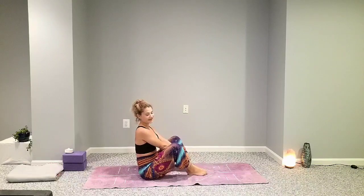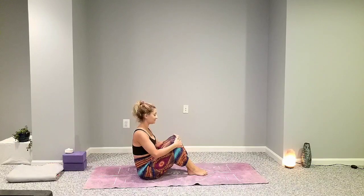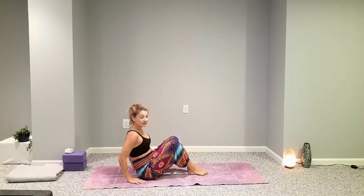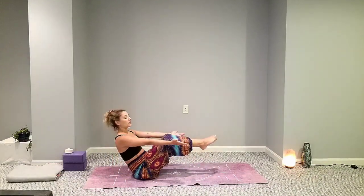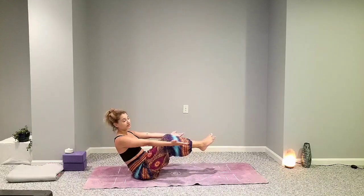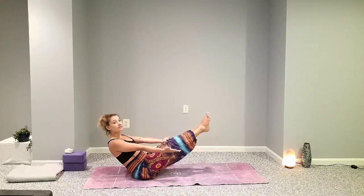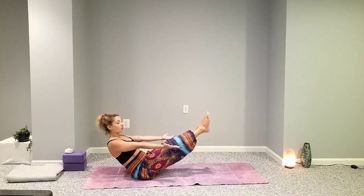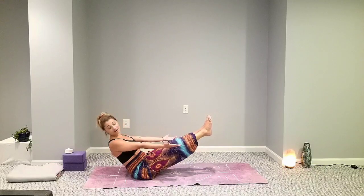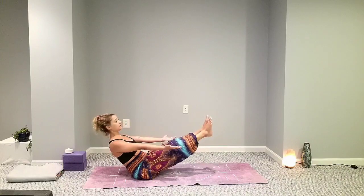Nice. One more time here. So this time you can take any variation. Maybe you stay here. Maybe you're here. Maybe you bring your arms out. Or if you want to heat it up a little more, you can straighten your legs for the full expression of boat pose. Palms are facing up, legs are straight, core is engaged, my back is also straight, my neck is in a line with my spine,